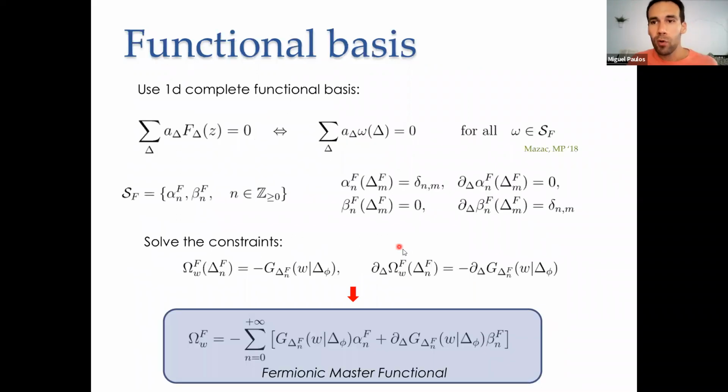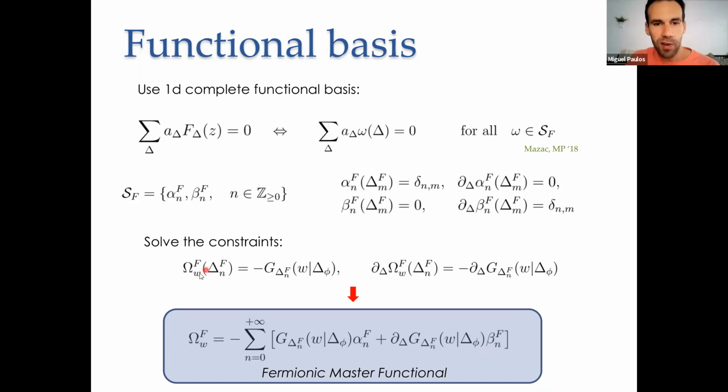What we're going to do is solve these conditions by using a functional basis. This was introduced by myself and Dalimil a few years ago. The statement is that the crossing equation in one dimension is completely equivalent to the vanishing of some sum rules. Each sum rule is given by a functional contained within a basis. This basis contains functionals alpha and beta, which are precisely dual in some sense to this generalized free fermion solution. If you satisfy all the sum rules with omega replaced by alpha and beta, then this is the same as solving the crossing equation. So this is like a complete